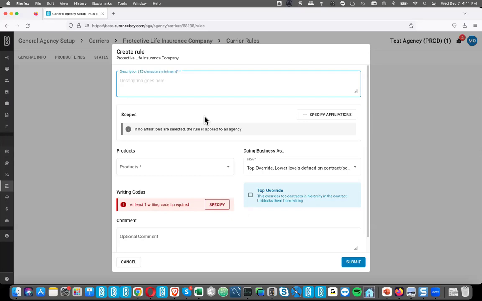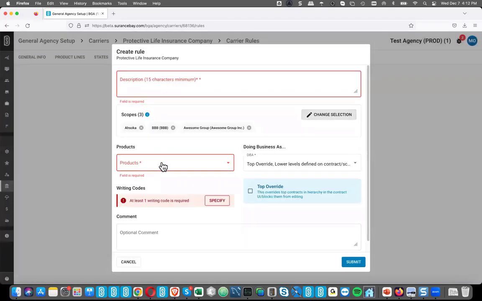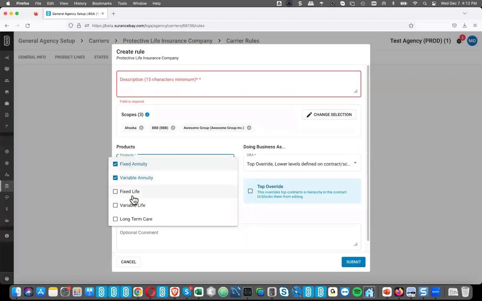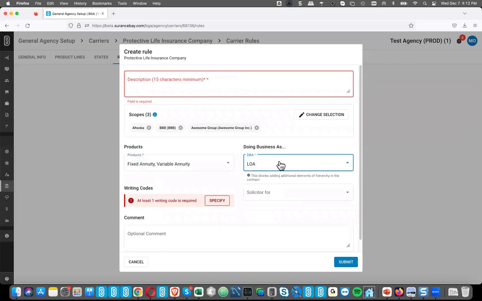So you can still do that if you need to, right? If you only have one producer you need to get contracted, you just go into their profile the way you always have, set their DBA type accordingly, and create the new request for them. The rules are intended to apply to every producer for a specific affiliation or affiliations. It could be maybe 3 or 4 of them for specific products. And again, it can be more than one. And then you define what the DBA type should be for them. I don't know if that answered the question, but that's the way I understood it.